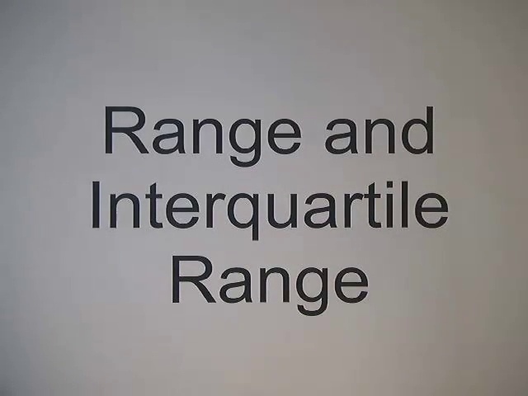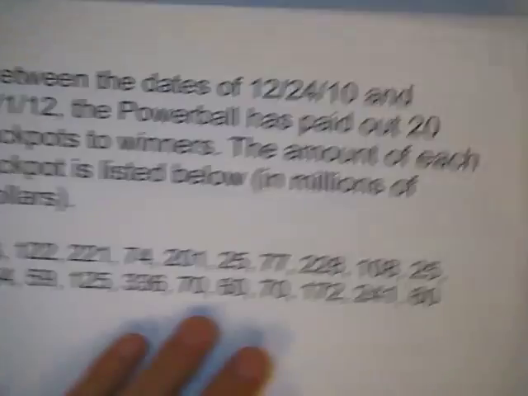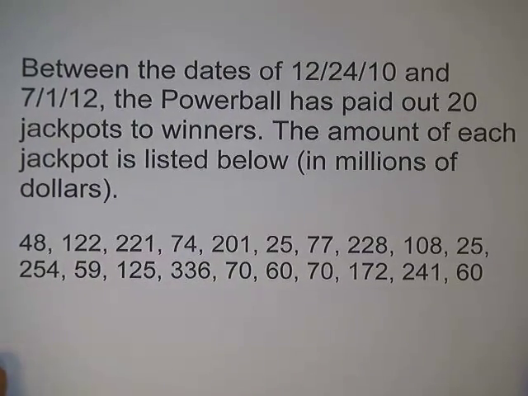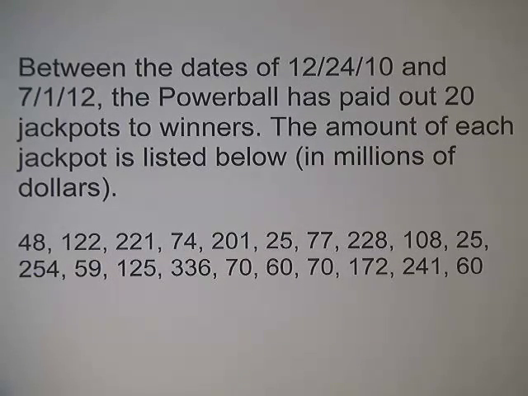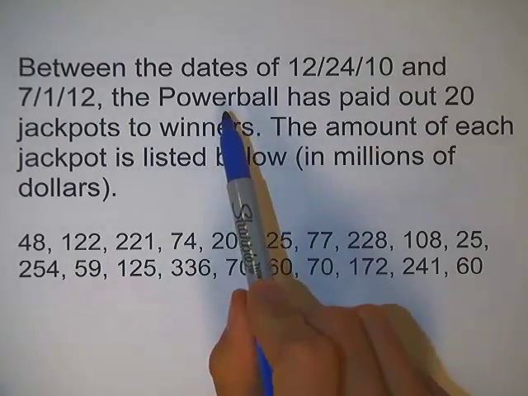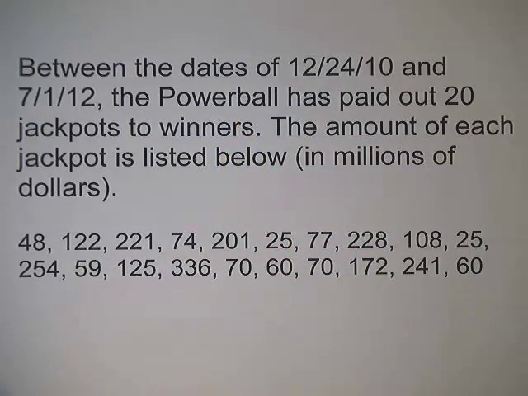Hi, this tutorial covers range and interquartile range. So let's start with a situation. Between the dates of December 24th, 2010 and July 1st, 2012, the Powerball has paid out 20 jackpots to winners. The Powerball is a lottery game where you buy a ticket for $1, and if you guess 5